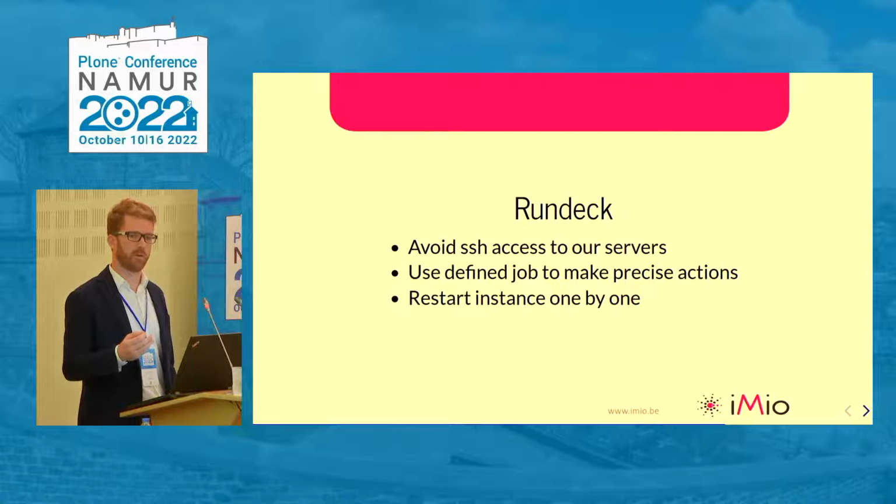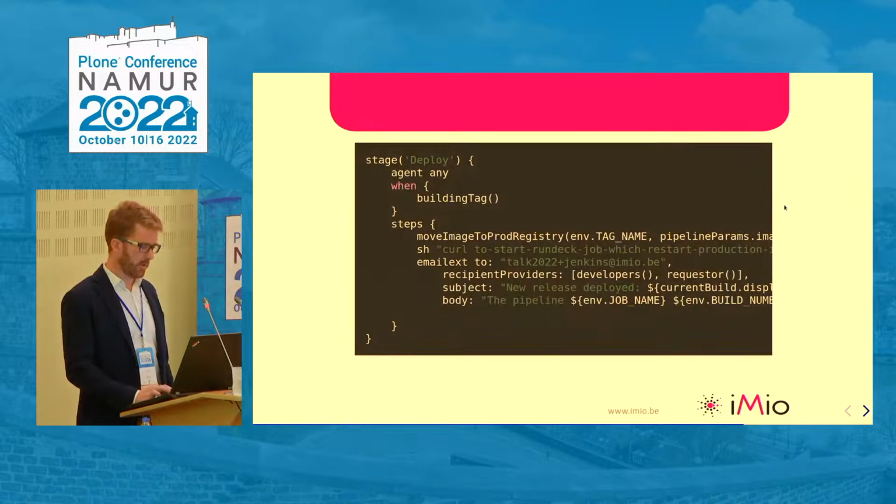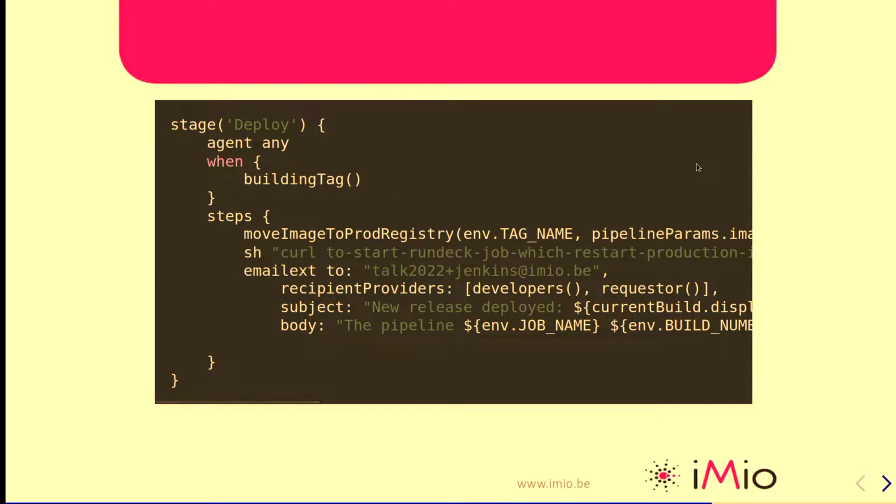And when it's okay, when the instance is ready, we restart instance 2. So we have no downtime with that. It works pretty well. After that, the next stage is the deploy stage, but we do that only when a tag is detected by the CI. So when you make a full release and you push a tag on the GitHub repository, we copy the image from staging to production. We start a Rundeck job, and